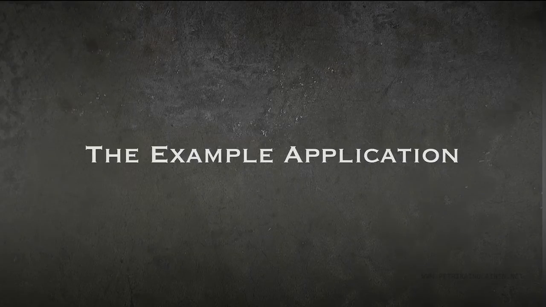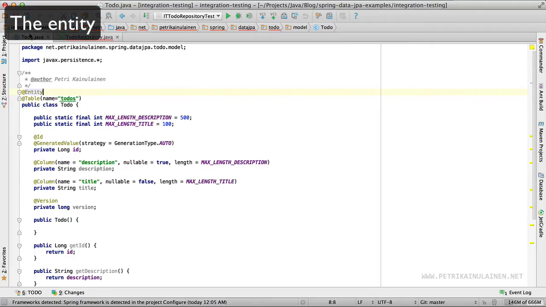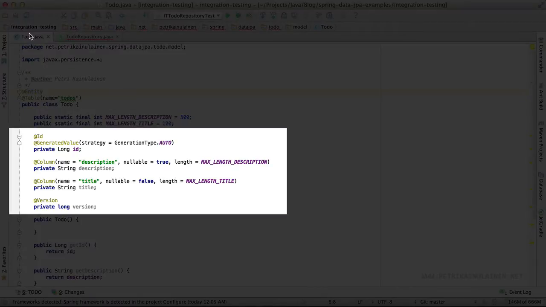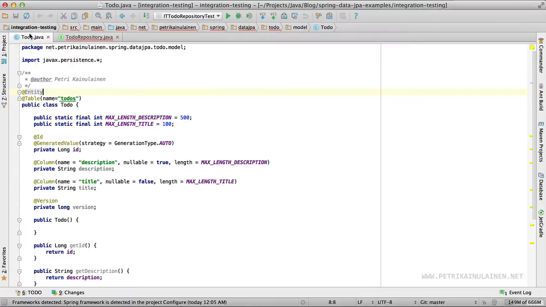Our example application has a single entity called to-do and a single repository called to-do repository. Let's take a look at some code. Here is the source code of our entity class. It has four fields: the ID, description, title, and the version. The ID field is also the primary key of the entity. The version field is not really relevant for this example, but I like to add it anyway because it's useful